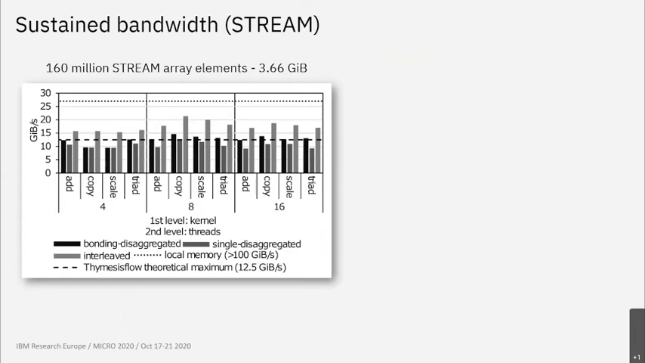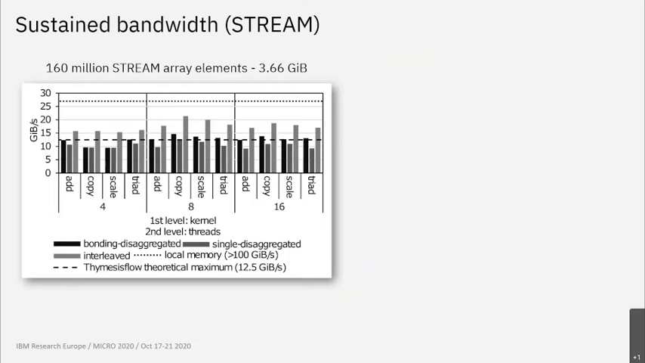First benchmark is Stream. So we have run Stream using 160 million array elements, so that they are bigger than all the caches available on the system. And we compare all the 5 configurations, and here we show gigabytes per second for 4, 8, and 16 threads for all the